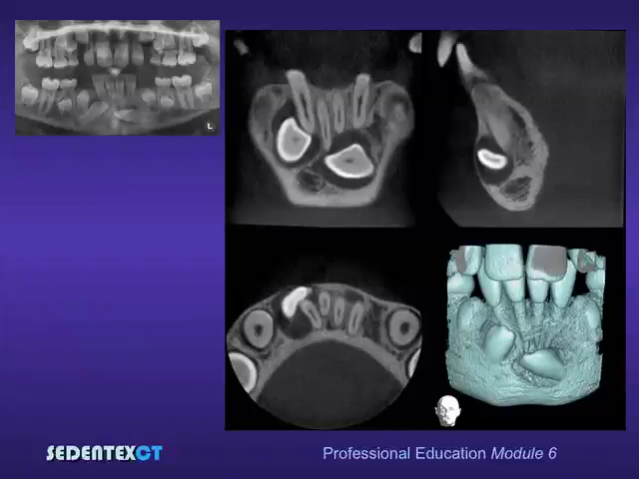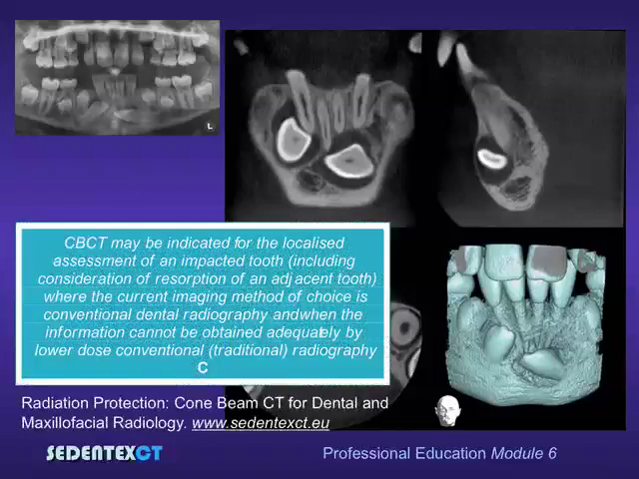Here are some examples of impacted lower canines where the cone beam CT examination was performed for very similar reasons, partly to determine whether it was feasible to upright these canines, but also to assess whether any of the incisor teeth had resorbed. In terms of unerupted teeth, therefore, the SEDENTEXCT guidelines state that for the localized assessment of an